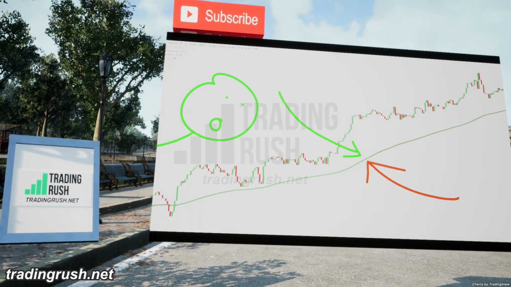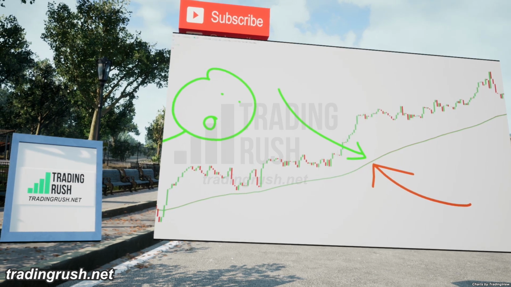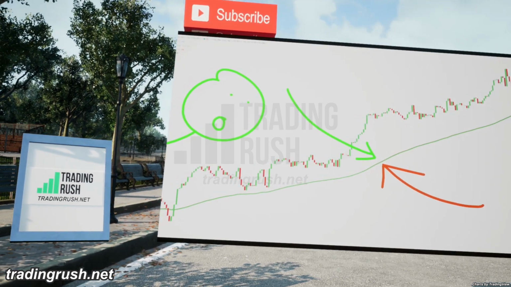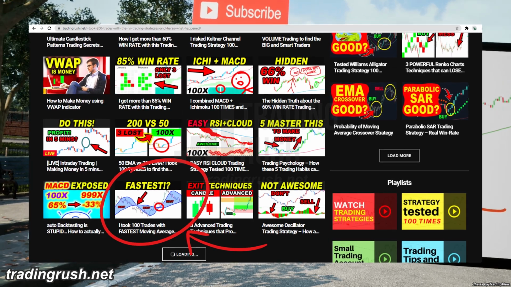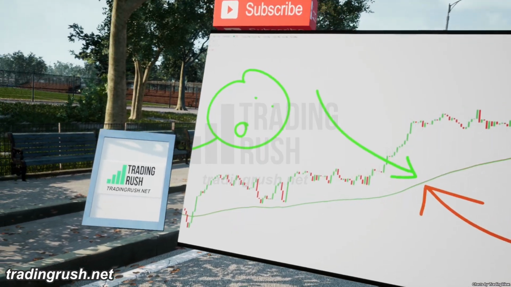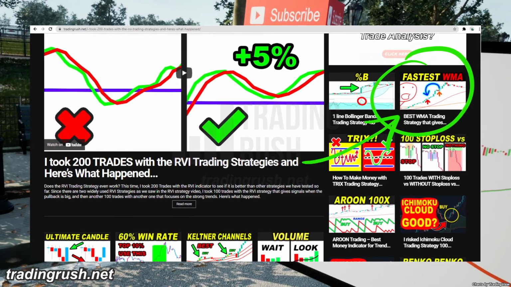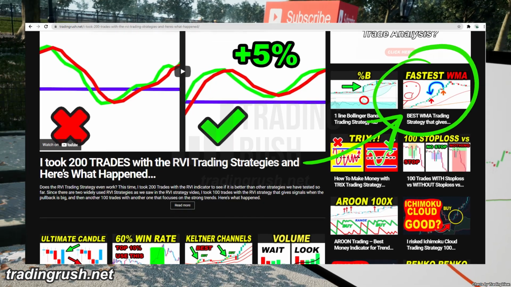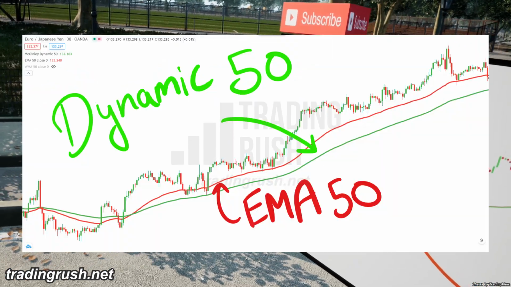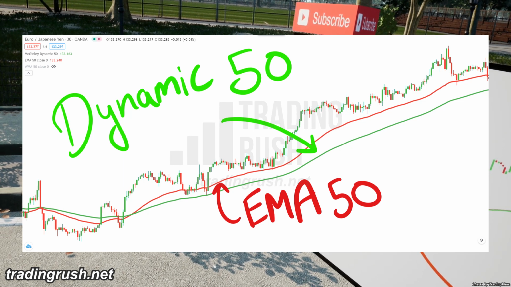Usually, moving averages other than the simple and exponential moving averages claim to be faster and reduce lag. But when put to the test, most of them are not even worth using. The only moving average that actually improved the win rate of a strategy in the long run was the weighted moving average we saw on the Trading Rush channel. Removing lag from the moving average is not always a good idea, because most of the time it won't magically